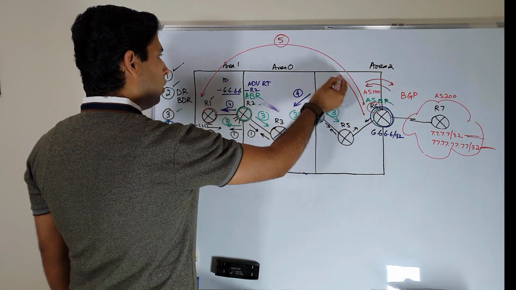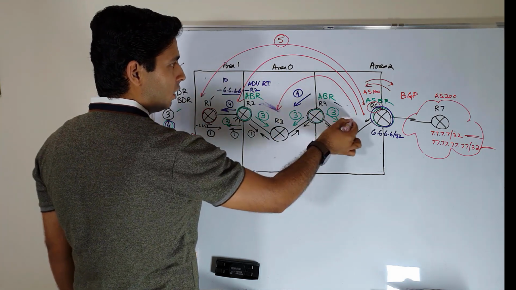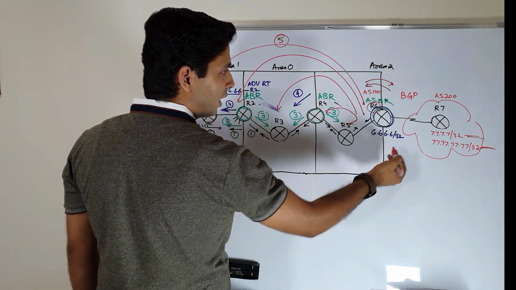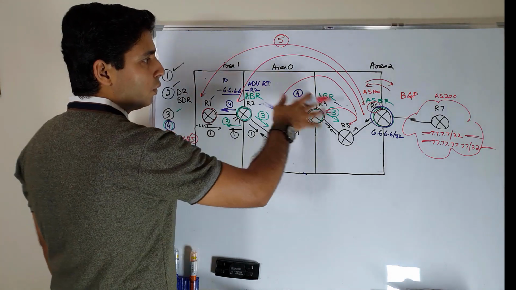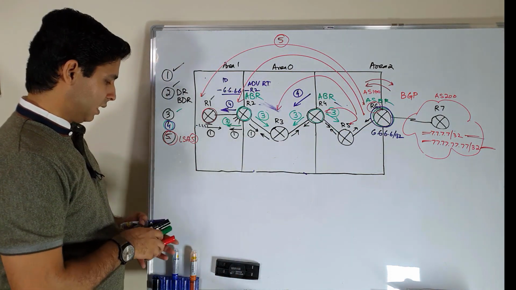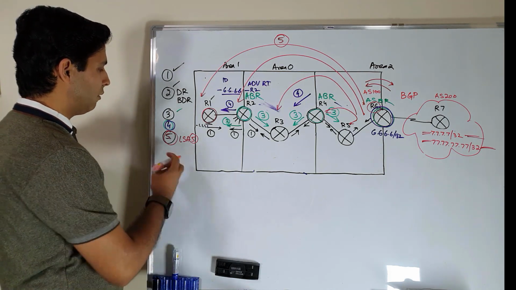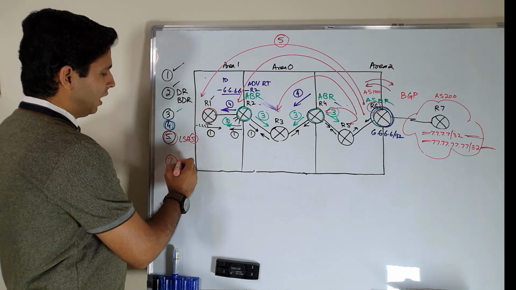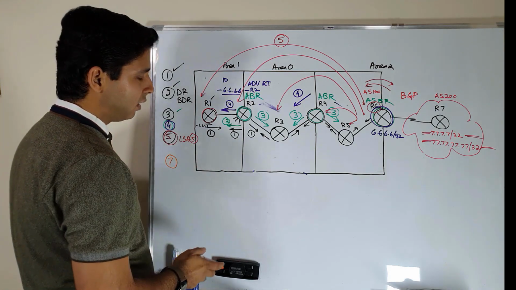So ASBR will also send these routes to the DR, and to this one as well. And what these LSAs will contain are the external routes. So they will tell us how to reach those external routes. These are different types of LSAs which we have discussed, and after these we have another type of LSA, which is called LSA type 7, and this is a special type and we need another type of topology for this one.